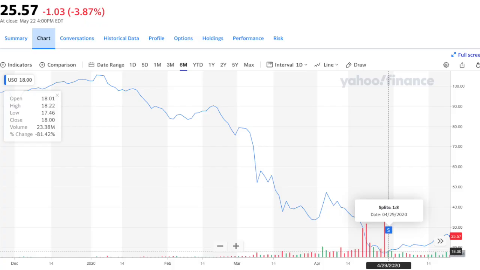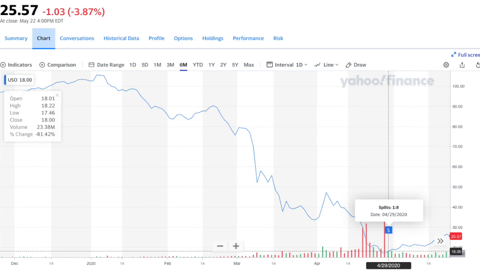Because the USO ETF closely tracks the West Texas Intermediate oil prices, as soon as the prices started falling, we could see that USO also experienced a drastic decrease in price during those times. Keep in mind that this fund was trading at around $100 per share in the beginning of this year, and then the price of this fund went as low as $2 per share.